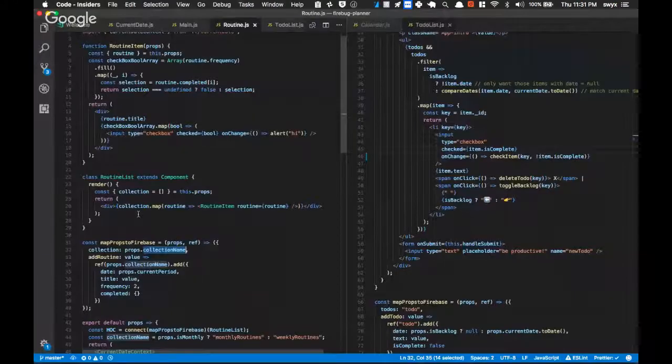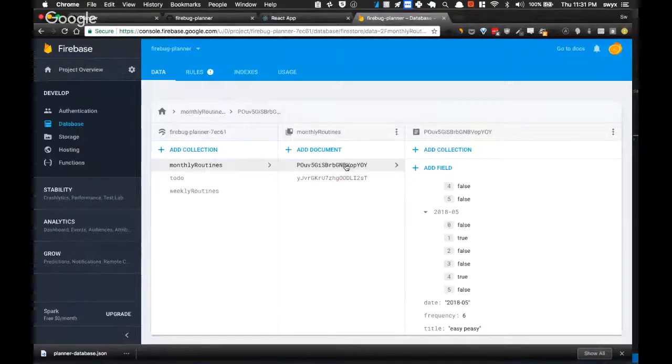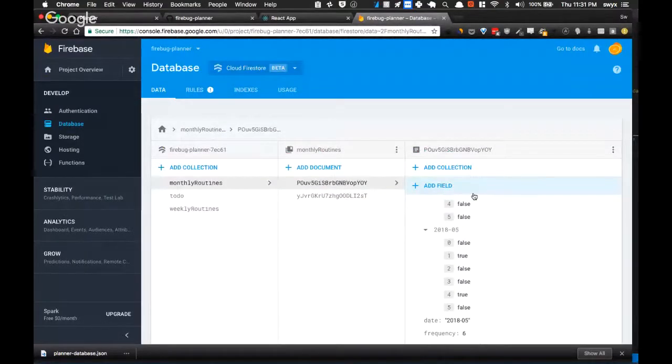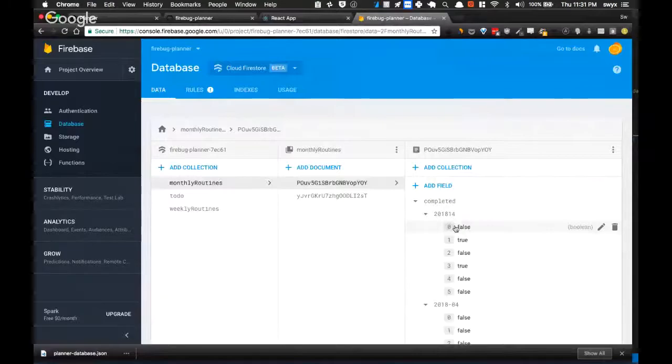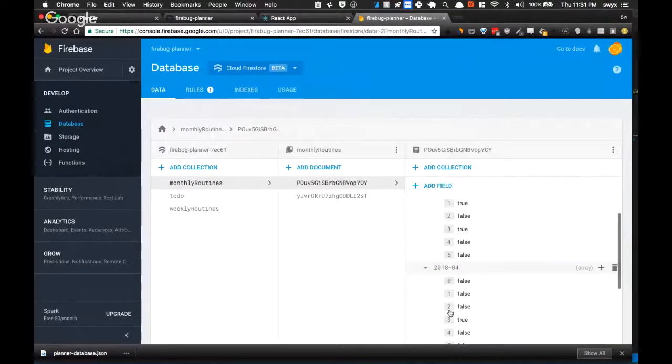That gets us to individual items. And then I have this whole thing, right? That's a whole bunch of things. So when I go for routine dot checkbox, when I go for a routine dot completed, right? That's this thing. Then I need to select one of these guys to finally arrive at the array from which I select from. So I need to take this